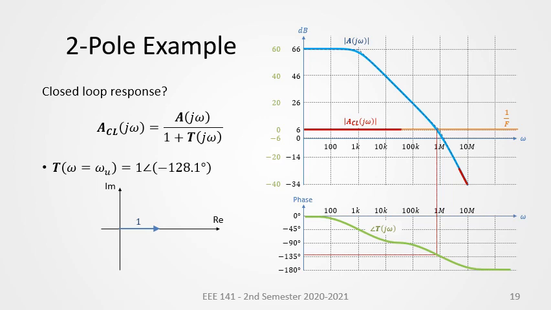We can start with the constant 1, which has an angle of 0. Next, since we are considering the unity gain frequency, then T of j omega should have a magnitude of 1 with some angle, assuming that we don't know yet the